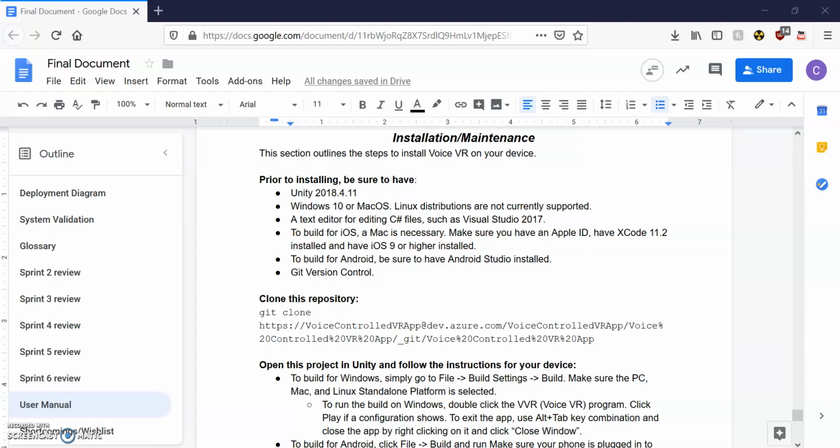To build for iOS, a Mac is necessary. Make sure you have an Apple ID and have Xcode 11.2 installed and have iOS 9 or higher installed. A note to the Mac users out there: make sure when you're installing this app on your phone,